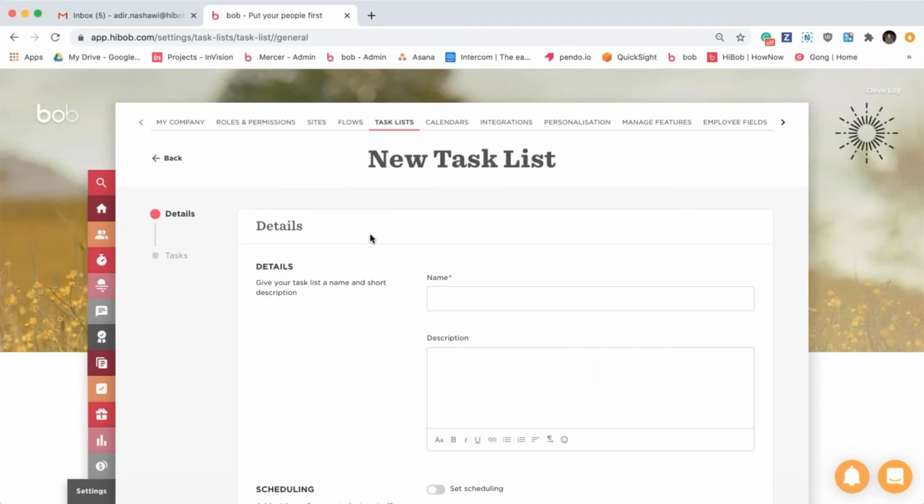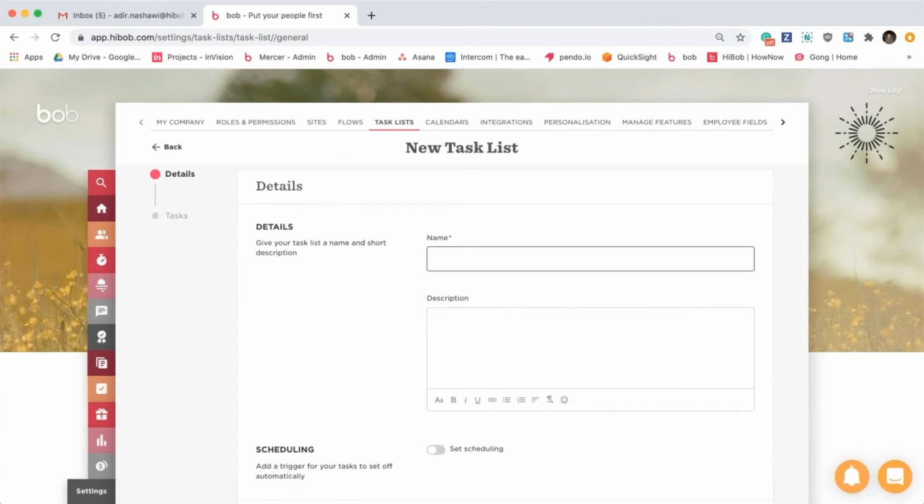Great. So once you click the Add New, you have a wizard of the task list. We have two steps, the detail steps and the task step. Within the detail steps, we have several things to configure, so we will do it together. So the name of the task list. In this example, we have onboarding UK site. You can set a description, for example,